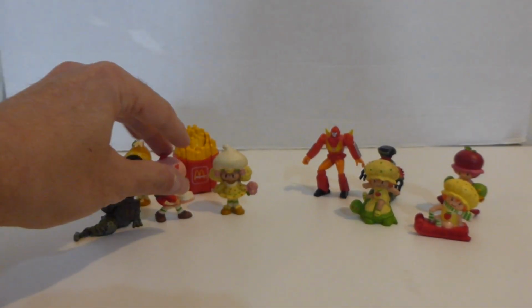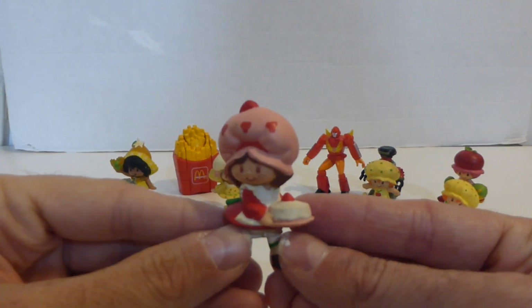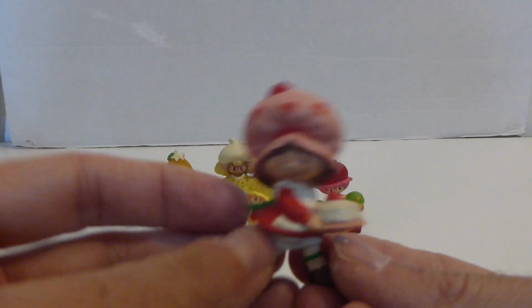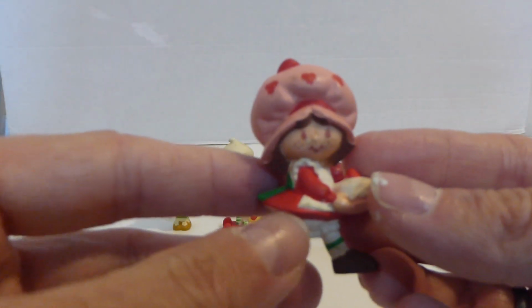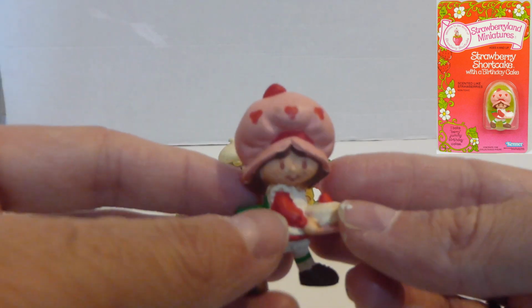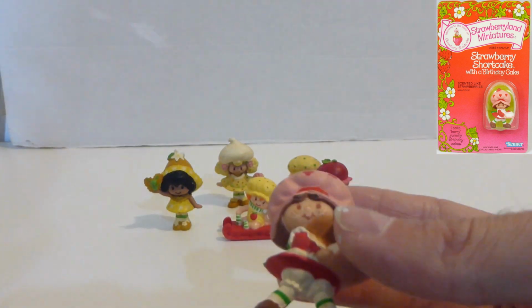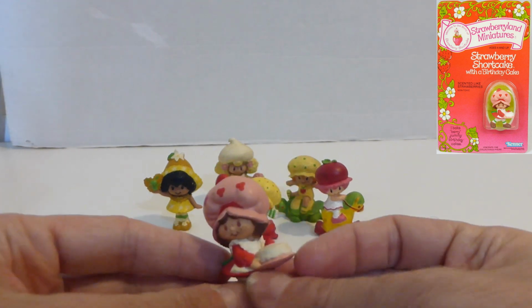And lastly, we'll touch upon these mini PVC figures here. It's got some Strawberry Shortcake figures. This is one of the main Strawberry Shortcake PVC figures. These came out in 1982, made by Kenner. The toy line started off in '79 and went up to 1985, and it was a line of scented toys. One of the toy lines they did was scented mini PVC figures. There are over 60 released, and I've got